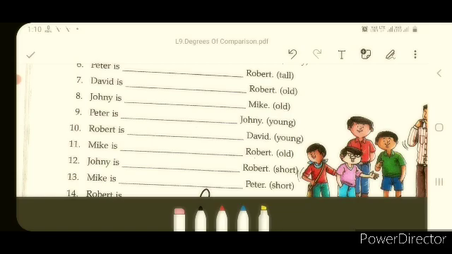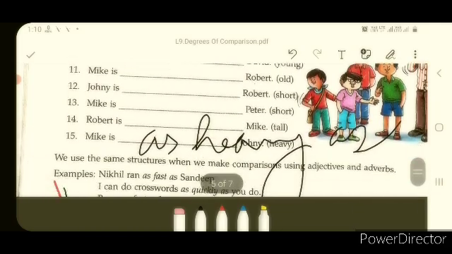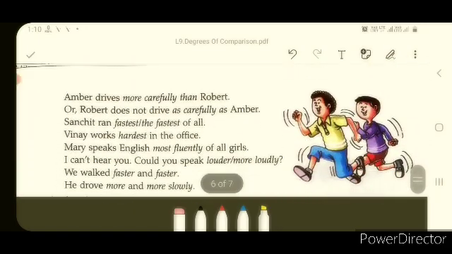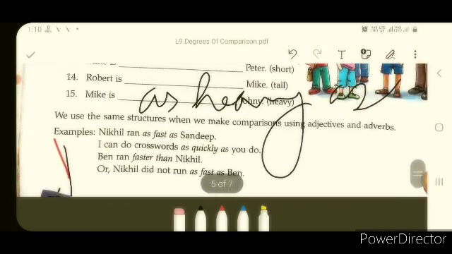Okay. The rest is very simple, class. I'm not putting stress on that. I hope you can do, and I'm sure you will be able. Okay. See,